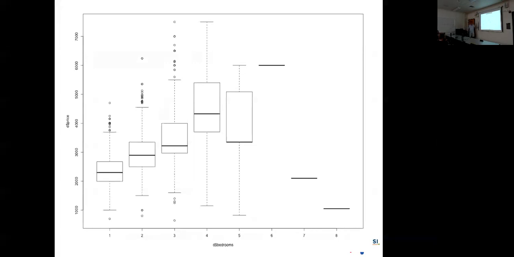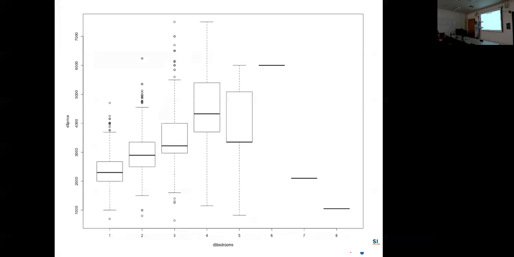Okay, so this is a box plot. How many of you have seen it? Who doesn't know the box plot? Okay, this is another one of two easy questions. Okay, this is the median. This is the 75th quantile. This is the 25th quantile. Some people put notches in here to illustrate how much variation there is in the median.